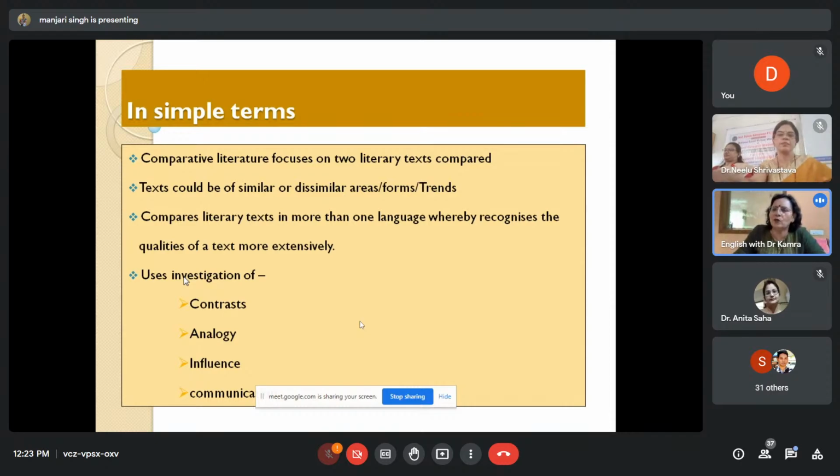It's very interesting to know that Goethe had used a particular term for it. If I use the name of this German writer and playwright, I think you can very easily recall that he is well known for writing the play Faust, right? Goethe. And what does he say? He says that literature has one particular quality which is common to all branches of literature, all genres of literature, and that is mankind.